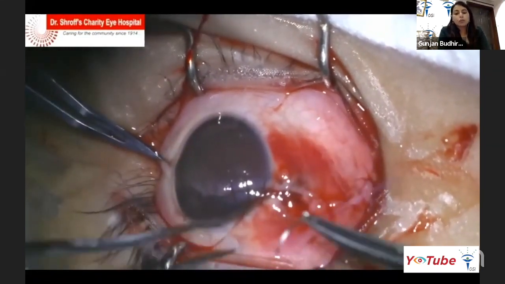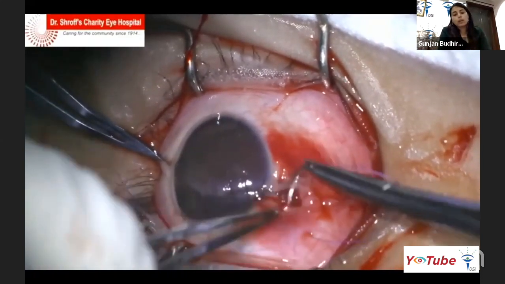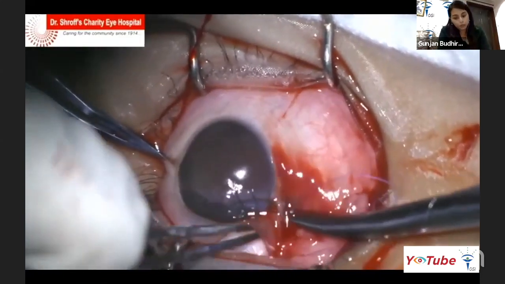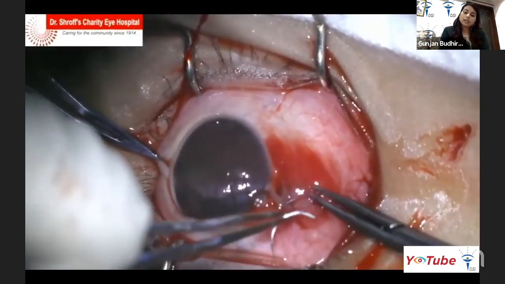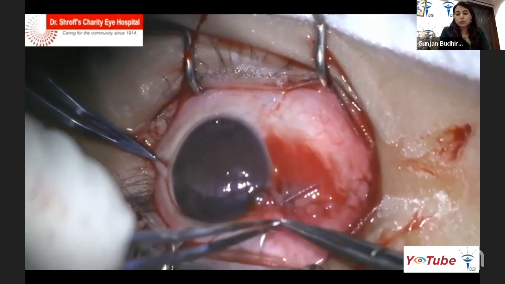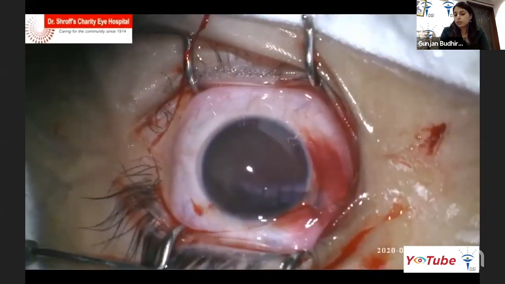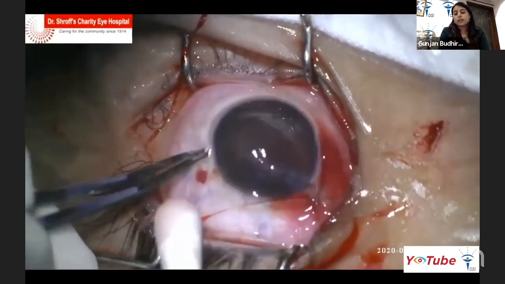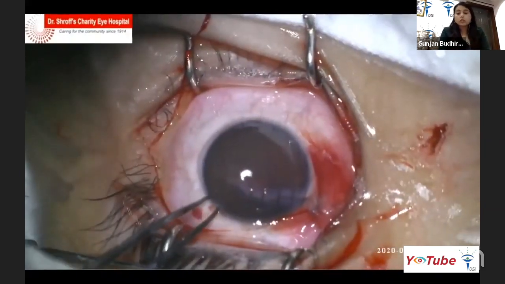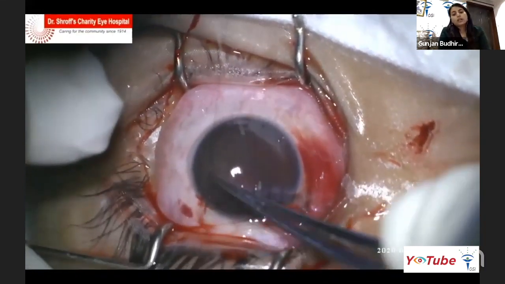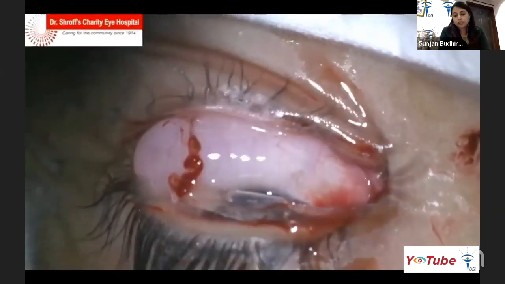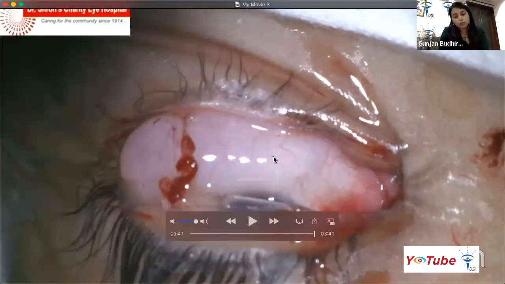And now we'll form the globe with the help of saline, because we want to achieve a watertight closure and not a viscoelastic or air closure. And the next day, we have to go for a B scan, because in perforating injuries, we are not sure whether we are dealing with any intraocular foreign bodies, or whether the retina is attached or not. As you can see here, now we are completing the side port closure as well, and nicely remove the speculum, because that is also important. Sometimes in a haste, we tend to injure more tissues while we are removing the speculum.